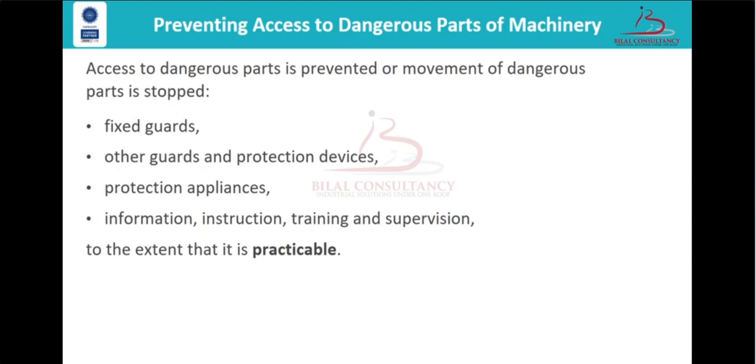which set out the methods by which this must be achieved: provision of fixed enclosed guards that encase or surround the dangerous part of machinery; other guards and protection devices such as interlock guards, self-adjusting guards, adjustable guards, pressure mats, trip devices, and two-hand controls; protection appliances such as jigs, holders, and push sticks; and information, instruction, training, and supervision to the workers on the usage of these guards. Every one of these precautions has to be used where and to the extent that is practicable. Practicable in this context means that if it can be done, for example, if it is possible, then it must